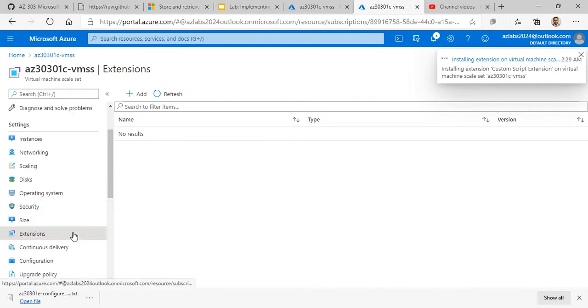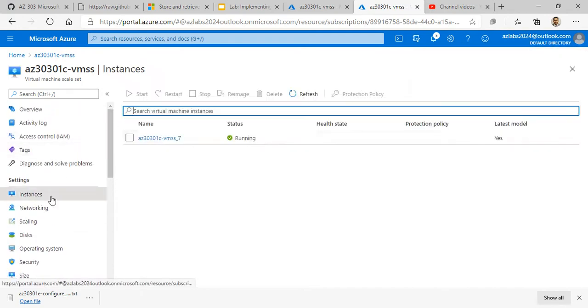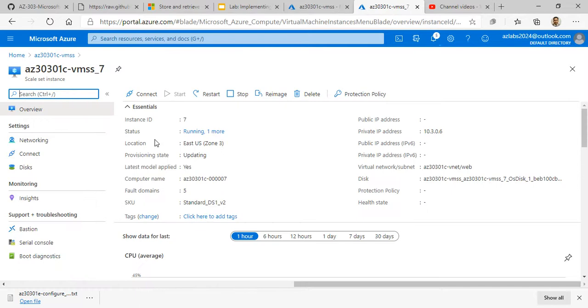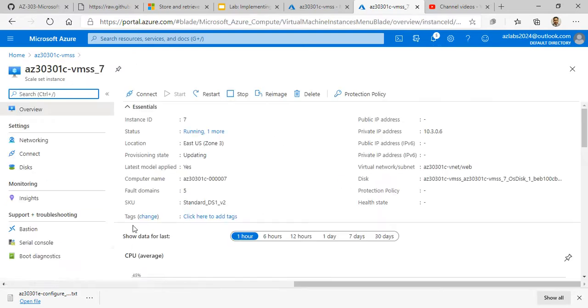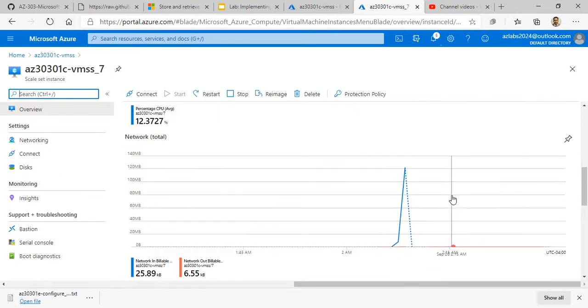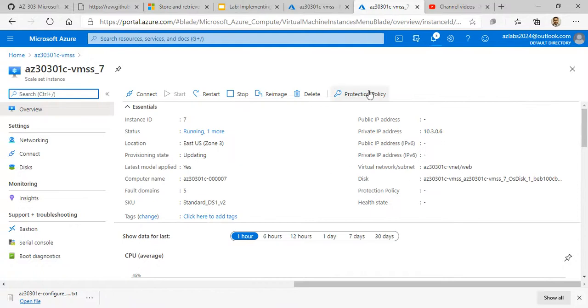and it should be installing the extension for us. At this time we can go back to the instances and see what is going on with it just a little bit. Okay, so just stay here, it still says running, and here if I click on the refresh button, now it says that it's updating. So the disk that we have is being added to this particular machine. Okay, so again I'm just checking what is going on over here,